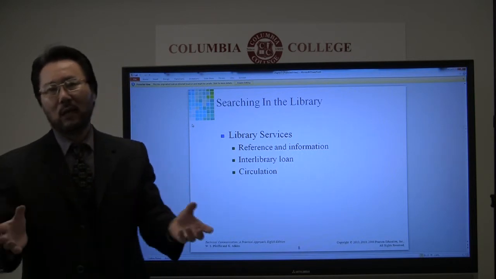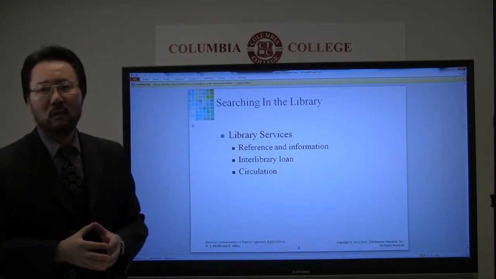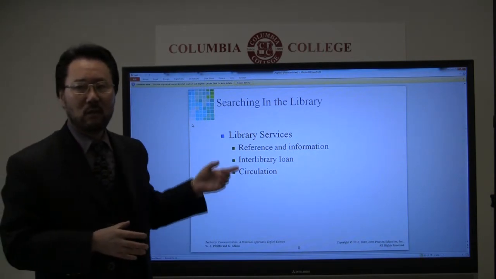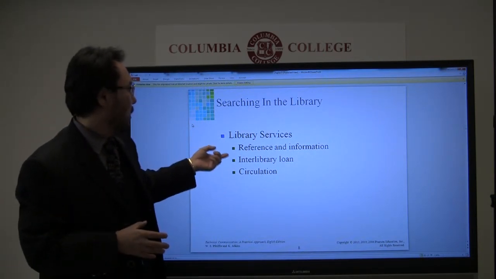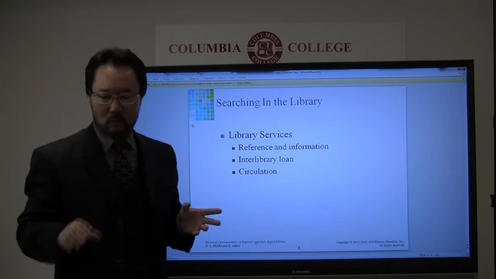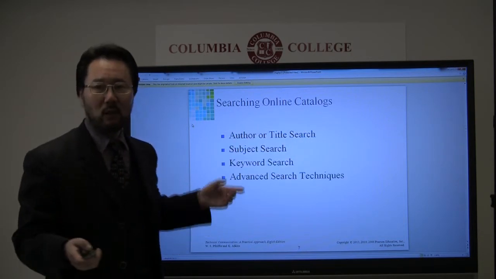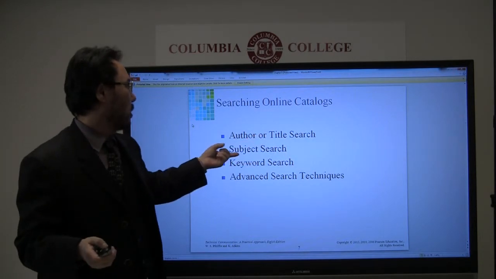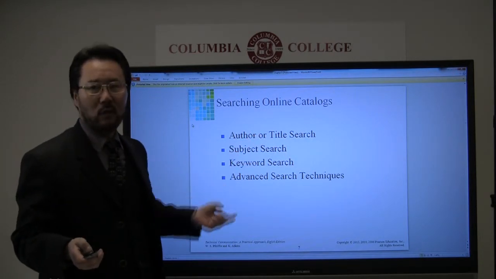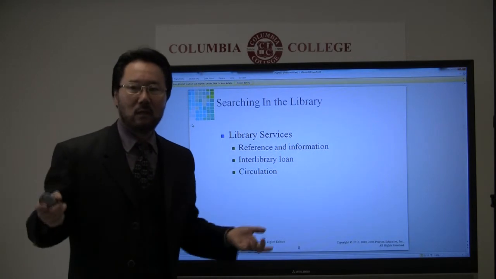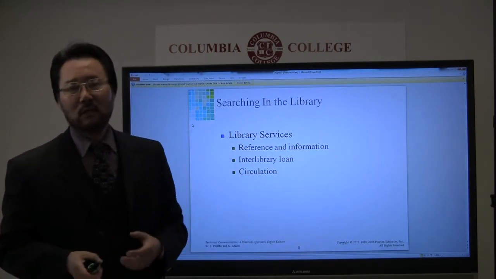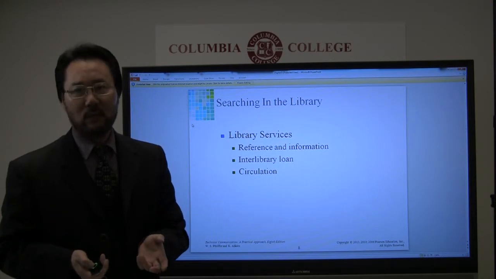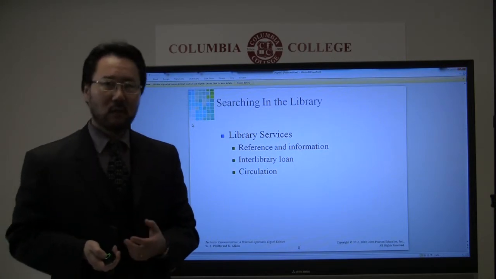When you walk into the library, you go to one of the library computers, which has all the references, and you just type in, like previously, either the author or title of the book, subject, or keyword. And then the library index will show where they keep that book.